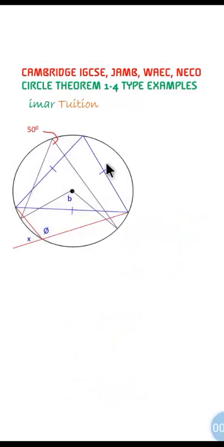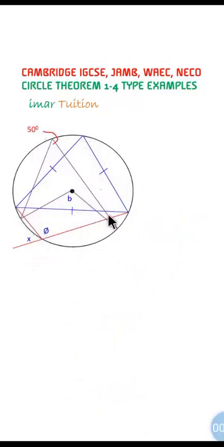Okay, this next one looks a bit complex in drawing, but we just try as much as possible to put 2 questions in one circle. Now we are asked to find the angle x here, phi, and b, and we are given this one to be 50 degrees. You could think that these two here are equal because they are in the same segment, when you say angles in the same segment are equal. But the difference is that they cannot be equal because